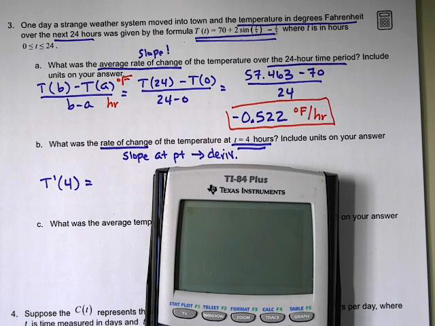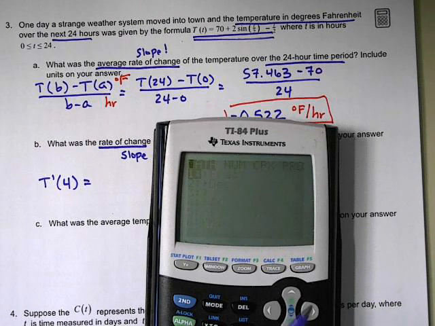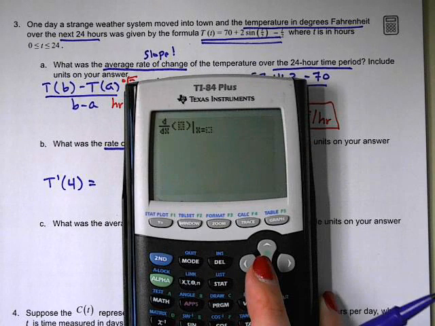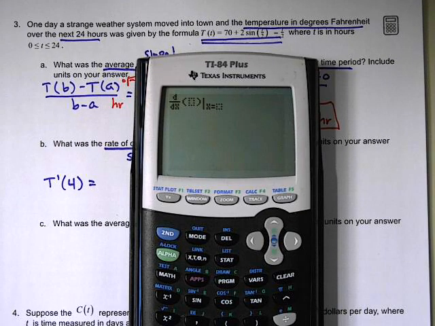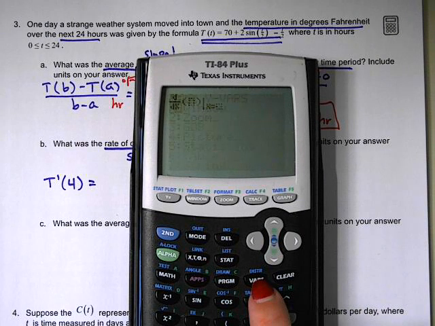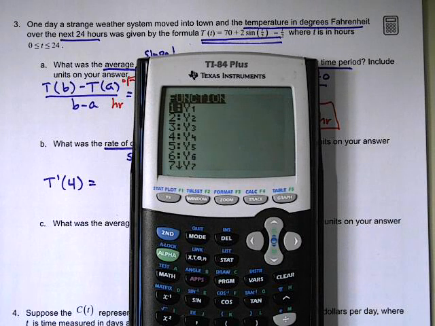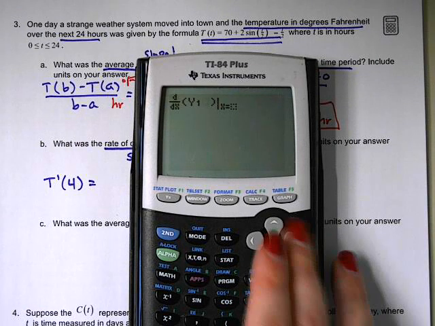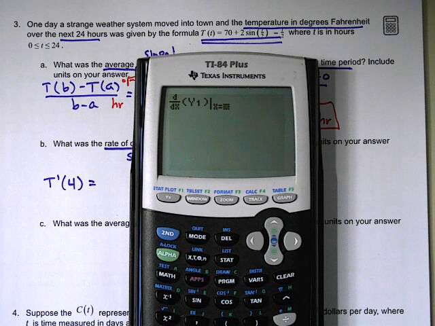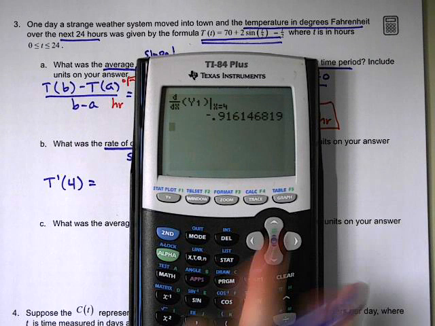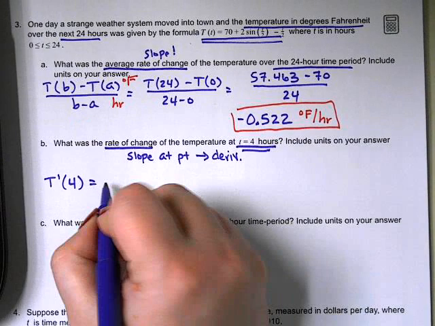To find a derivative, we know that we're going to do math 8. We're going to take the derivative with respect to x, and now we're going to try and get that y value in there, that y1. So click on variables, go over to y variables, it's a function, and it's y1. So there we go. We're going to take the derivative of y1 at x equals 4. So we get negative